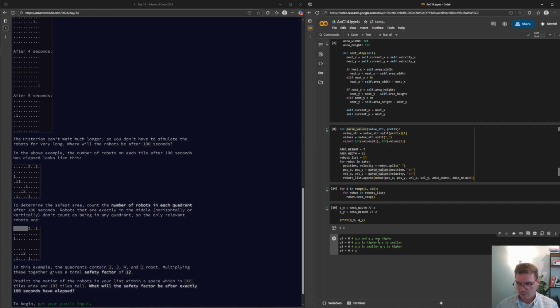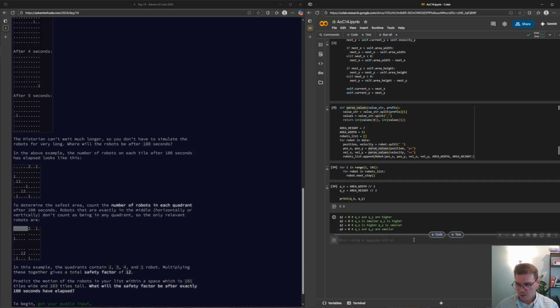Oh, sorry, higher. So in this case, qx is smaller and qy is higher actually. Yes. Started already going wrong. Then this is just vice versa, and then here both of these are smaller.